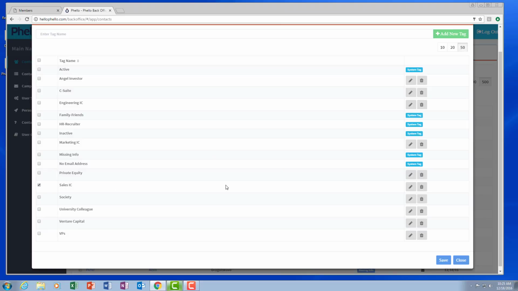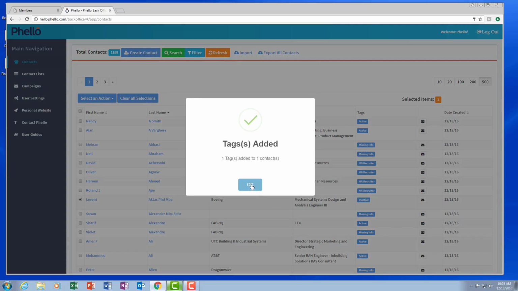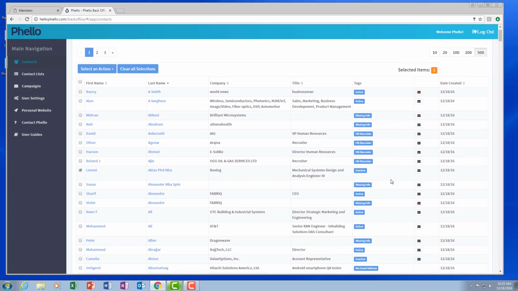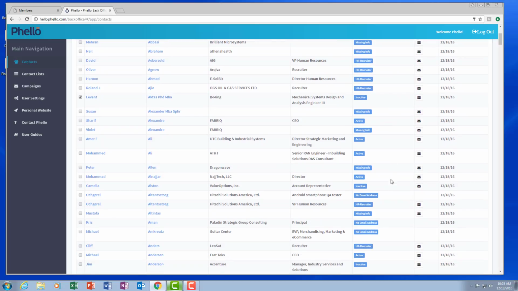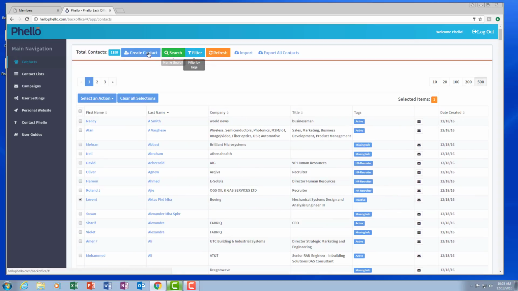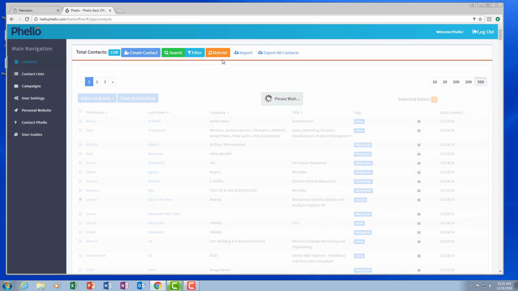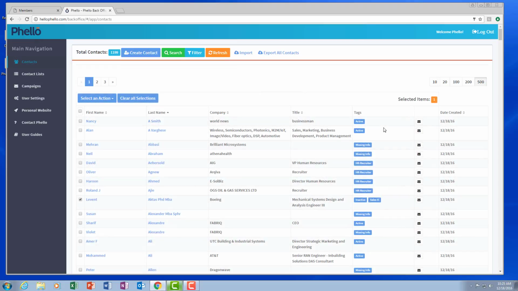This is a salesperson that's an individual contributor. So I want to save that. And that particular person now will be a saved tag. So we want to refresh the screen. And here we now have a sales IC. So we could select multiple records at one time and come up here and hit a new tag,